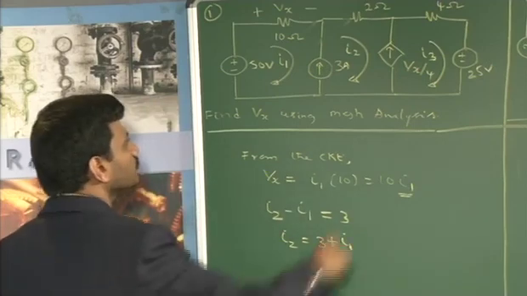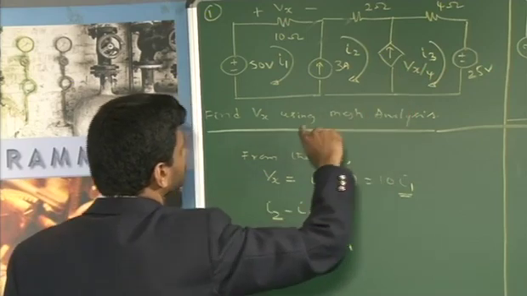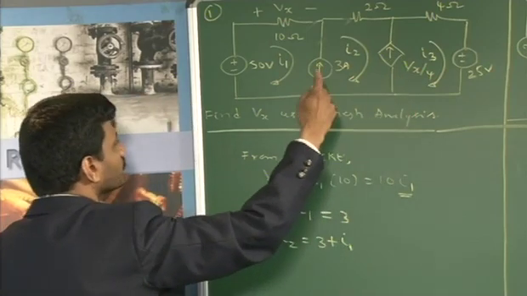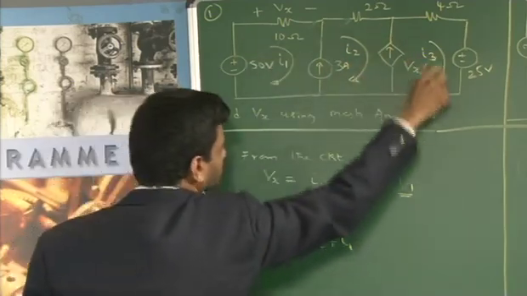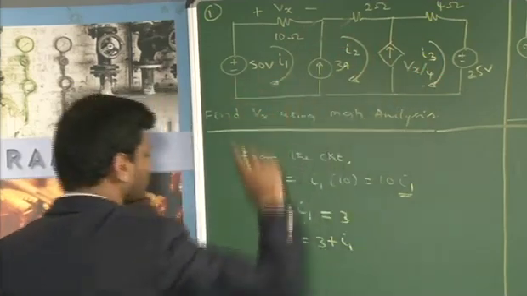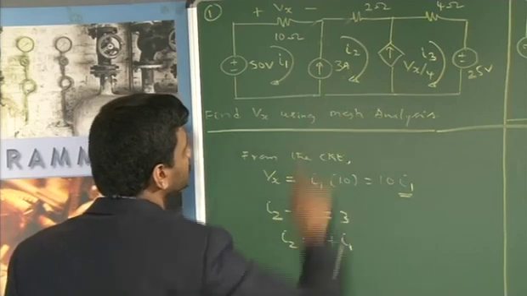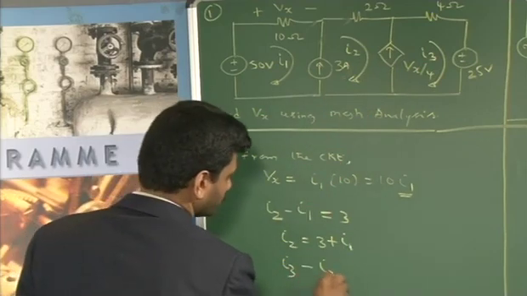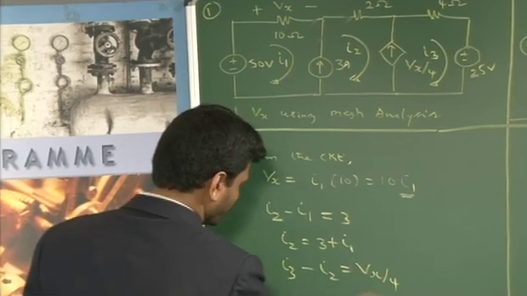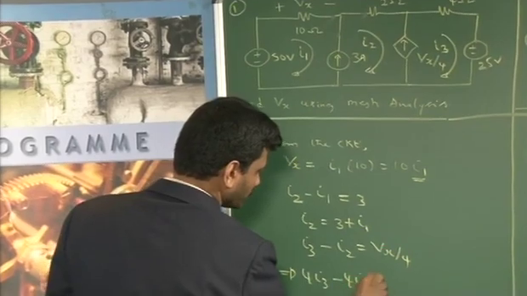So, what we will do, we will also write the constraint equation related to these two meshes, and finally what we can do is this super mesh and this mesh can be clubbed to form the overall super mesh, which is nothing but the outer loop. So, I2 is equal to 3 plus I1, done. Next constraint equation related to this. So, I3 minus I2 is equal to Vx by 4, or simply 4 I3 minus 4 I2 is equal to